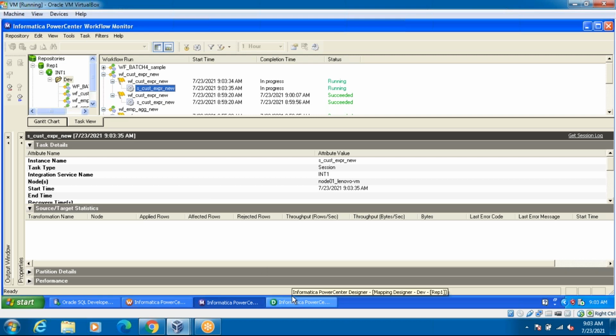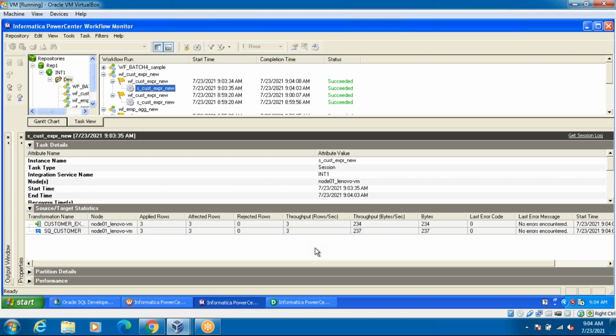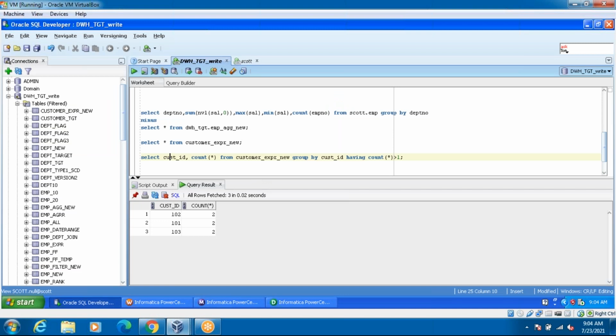See, by default, it will be SCD type 1, guys. Whatever we are doing is SCD type 1, because we are not implementing SCD type 2 here. Whatever we discussed earlier, in the last aggregator or this one, we never implemented SCD type 2. These are SCD 1 because it has to override on the target side.